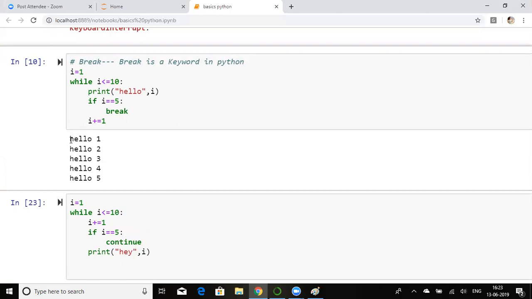So hello, I say 1, because 1 till 5 it will be printed. Even though it is 10, it prints till 5 because I break the process at 5. That means at that particular instance, it stops the process and continues with the remaining things. So hello 1, hello 2, hello 3, hello 4, and hello 5. It stops. That's it. When coming to the continue statement,